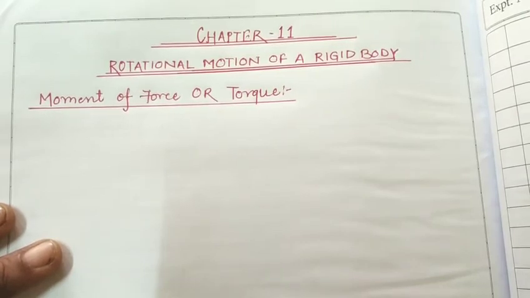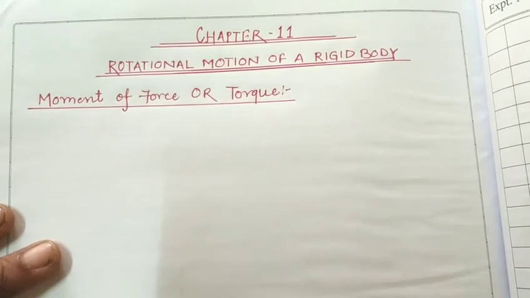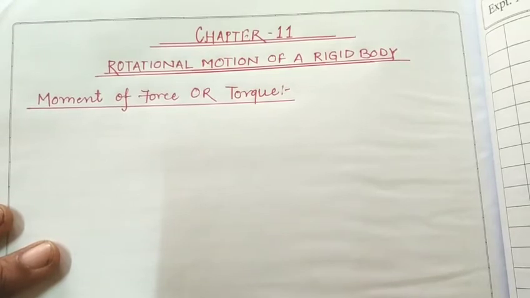So first of all, I am going to give you a glance at what we mean by a rigid body. A body is said to be rigid if any force is applied to it and there is no change in its shape and size, then such a body is termed a rigid body. In other words, a body which is subjected to a force and is unaffected in shape and size is said to be a rigid body.